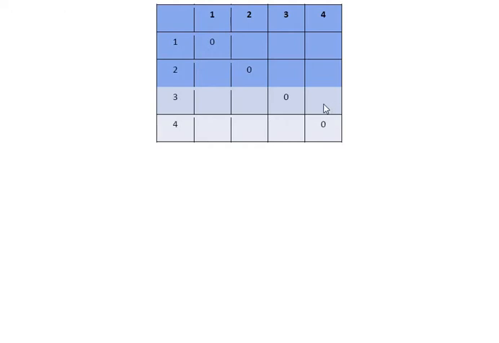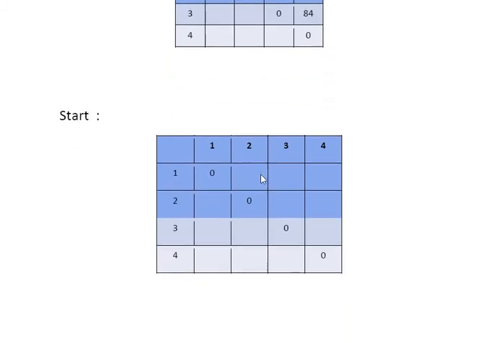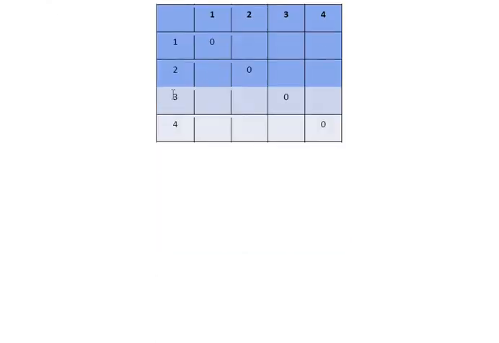this diagonal or m of 3 of position. So 84 you have put here, we already put. Now you have find this value 1, 2 and 3. Now you have find here m of 1, 3 you have find, then after you have find m of 2, 4, and finally you have find m of 1, 4. So now we can start the next value is m of 1, 3.